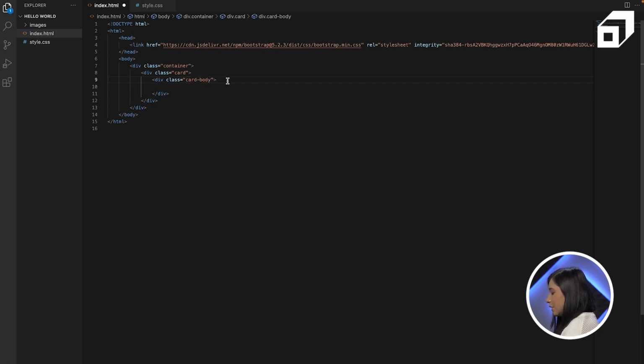So first I am going to add an image in my card body. So again you can either create a div or you can directly add an image. So I am going to add directly an image here. The source of this image is going to be, so I have many images already saved here. So I am going to write image and then slash, and as you can see VS Code is already suggesting me these options. So I am going to add image2, let's say, and the class of this image tag can be card-image,